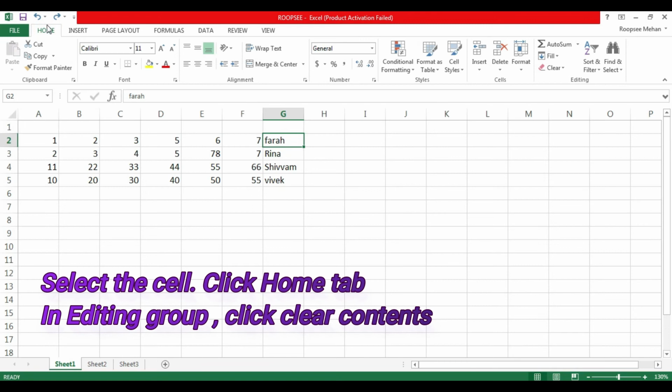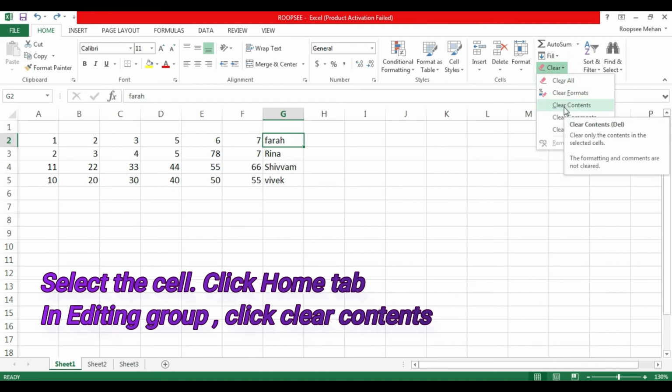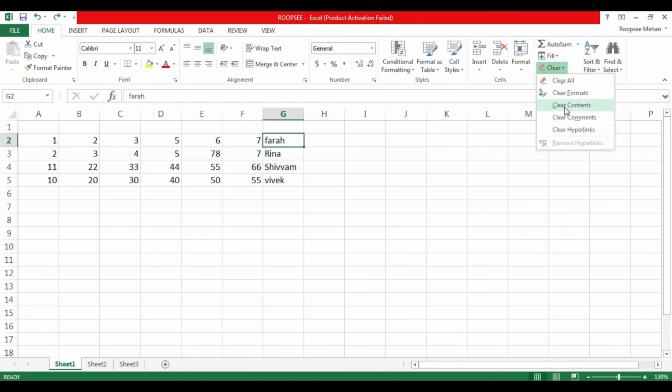This is my Home tab. In the Home tab, under the Editing group, this is Editing group, you will see the option of Clear. Click on this and click on Clear Contents. This clears the contents of the cell which is selected, like this.